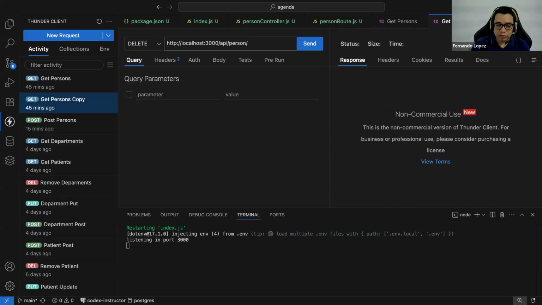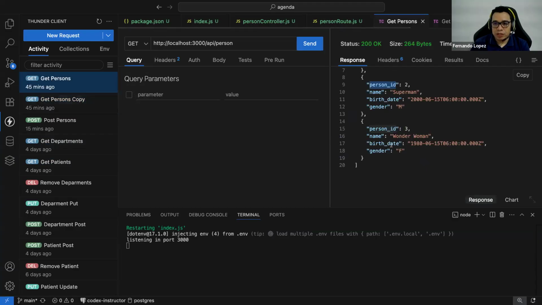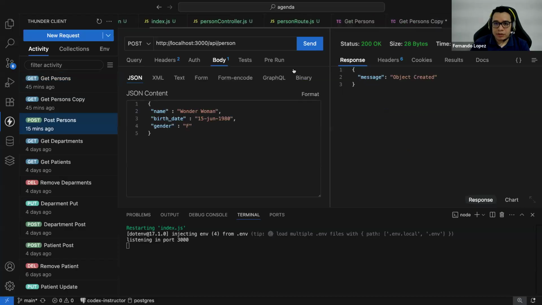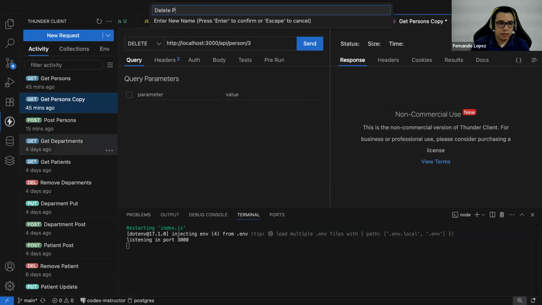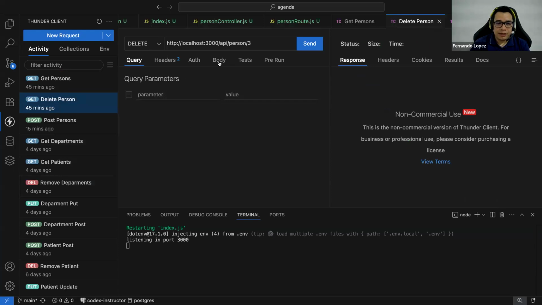So in this case, we're going to remove the element number 3. Let me show that the element number 3 is this one, Wonder Woman. In this case right now, it's not going to perform the deletion right now. Let's rename this. Okay. But in the body, the body is not necessary to be passed.